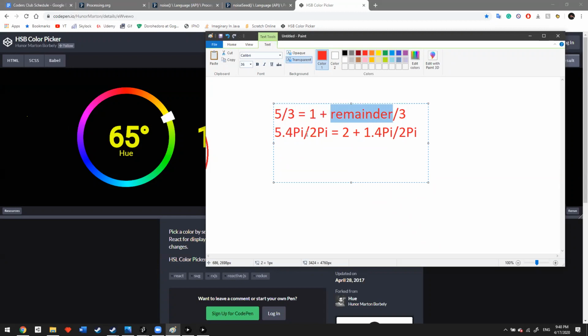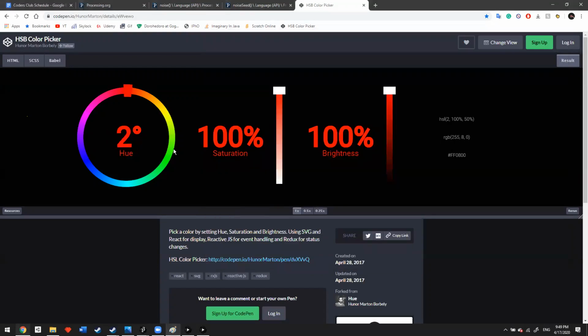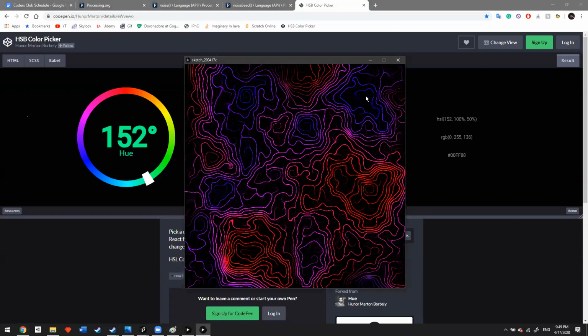So in this case, we have 2 whole rotations plus some value after the full rotation. So if we only look at this value here, which is the remainder, it's going to give us the same color value if we spin it around twice and then move it by this angle here. So if we go into Processing,